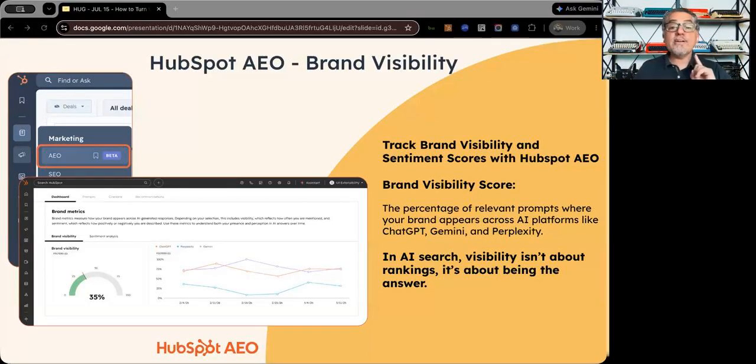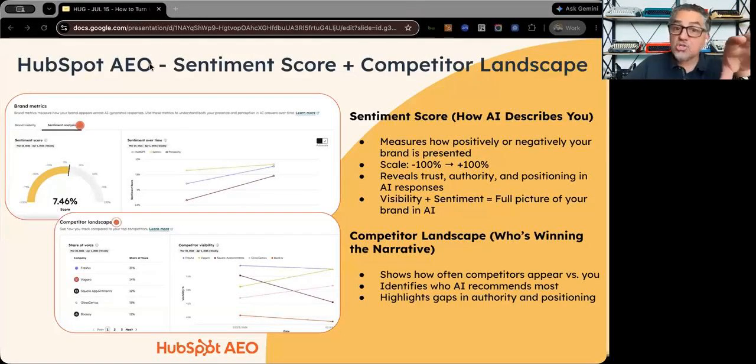What we want to do as AEO experts is to increase that probability as much as possible, and then increase the control of the narrative when people are searching for branded terms, which is not tracked here because this is when people are mentioning you. So long story short, HubSpot AEO allows you to measure all of this. You can put in your prompts. You can see the sentiment score, whether you're positively or negatively mentioned.